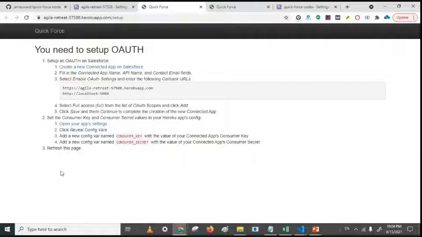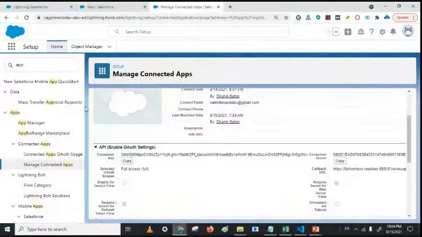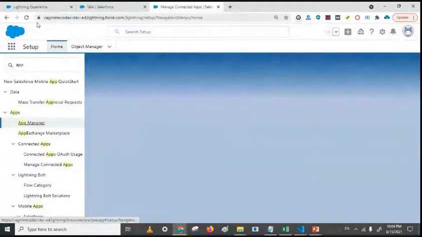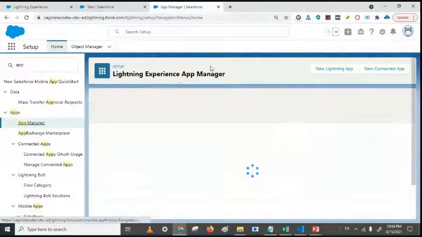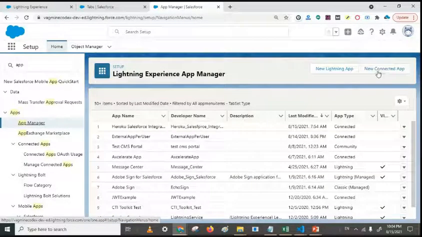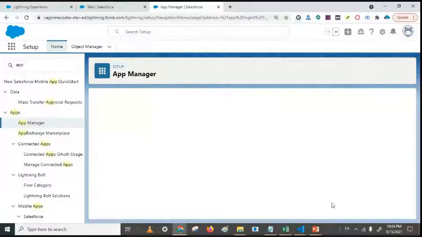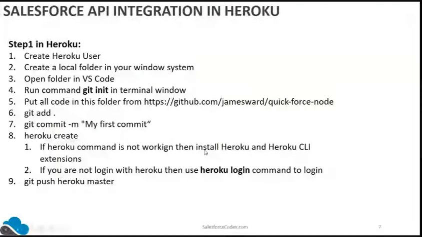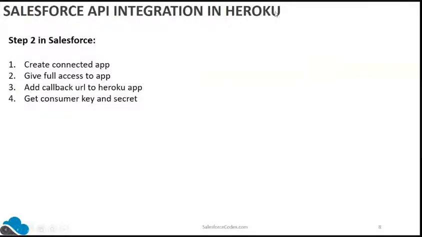For that, let me log in to my Salesforce application. I'm already logged in, which is my developer org. I'm creating a new connected app. Our second step, Salesforce API in Heroku, is to create a connected app.